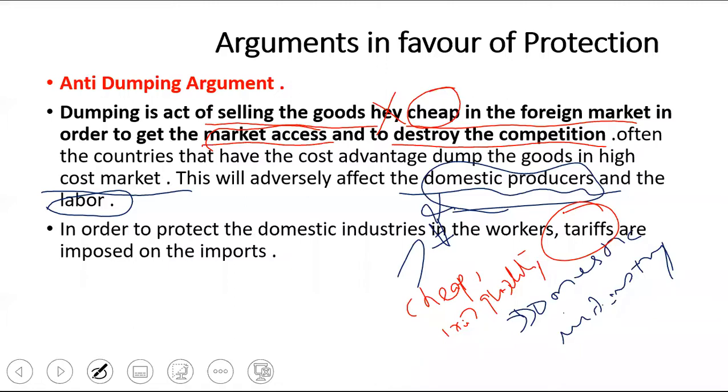So tell me, what is dumping? What is the first feature of dumping? Dumping means cheap products are dumped into the country by foreigners. Why are they dumping cheap products? They are dumping cheap products in the country because they know that there is a lot of demand here, so they dump their own country's cheap product here. So how can we stop it? That is the question. We can stop it only by putting high import duty. On putting more import duty, the product will become costly, so people will not buy the product.